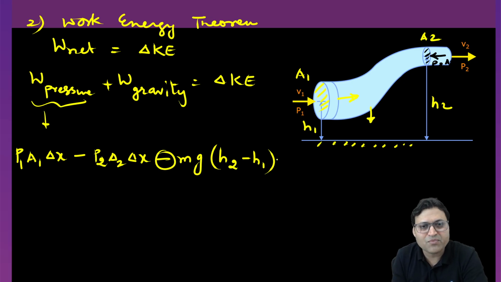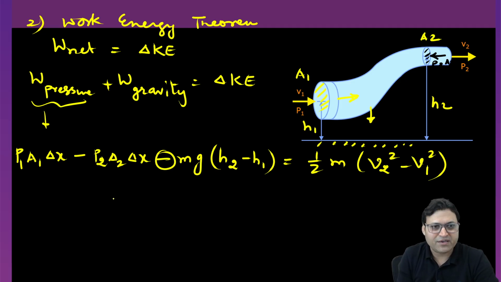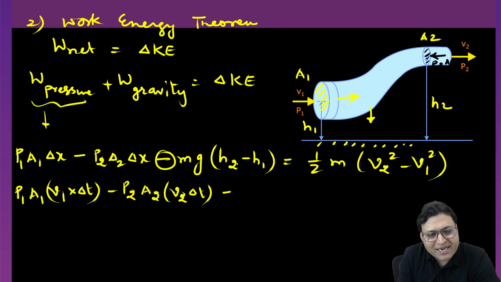Why is there a negative work done? Because the force is acting in the downward direction and the fluid is rising in the upward direction. The change in kinetic energy is equal to half m, where the final velocity is v2 and the initial velocity is v1, right? So we can write it as p1 a1 v1 delta t minus p2 a2 v2 delta t minus m g (h2 minus h1), that is equal to rho a v delta t,